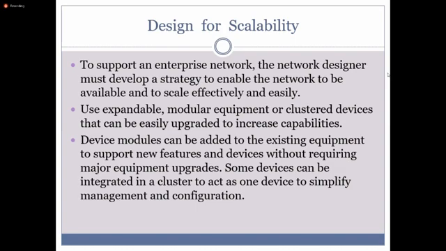Cisco devices come at a basic level, so you have to purchase modular wise. Basically it comes with Ethernet interfaces. If you want to increase it to 4 or add fiber interfaces, you have to purchase modules from them and fix them to the router or the switch. Those are modular equipment. So you can expand your switch or router using those modules. Then there are clustered devices. Clusters means... excuse me, sir.